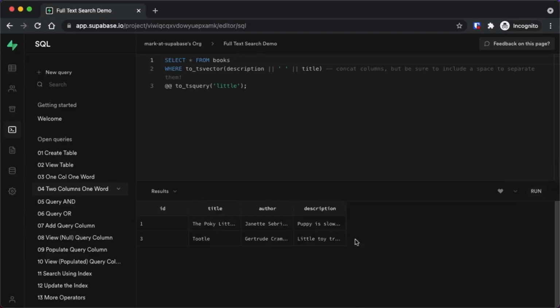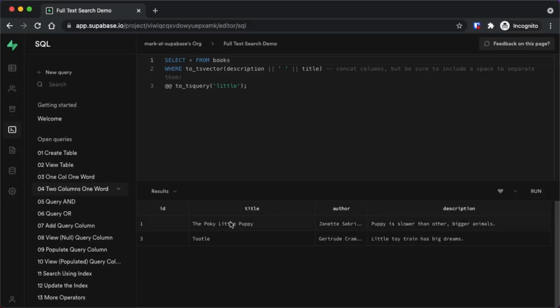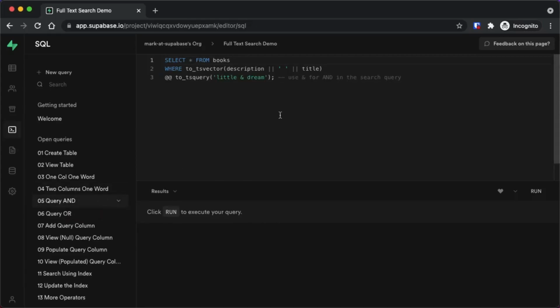We'll go ahead and run this. It's exactly what we need. So there's our description field and our title field. We've got little over here, and we've got little down here. Pretty simple. Now let's do, again, searching those 2 columns, description and title, but let's do a full text search